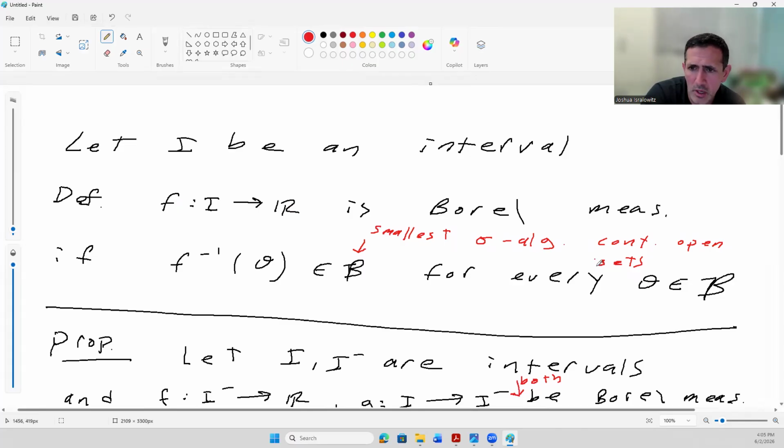And the reason is very simple. If theta is open, then it's Borel. So the inverse image being Borel means it is Lebesgue measurable. So the inverse image of every open set is Lebesgue measurable. And one thing I want to make clear too, I'll provide you with the page number in Royden Fitzpatrick in a second, but there are Borel measurable functions that are not Lebesgue measurable. And the interval here would be just 0 to 1.